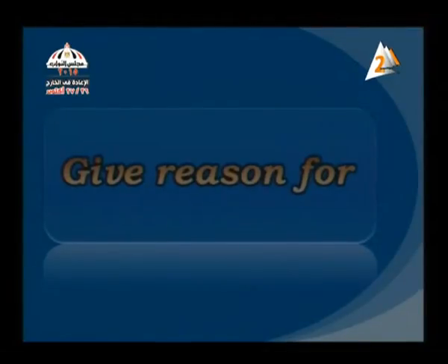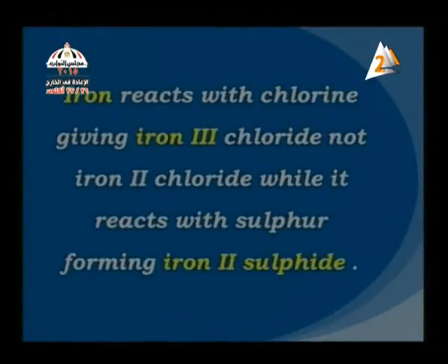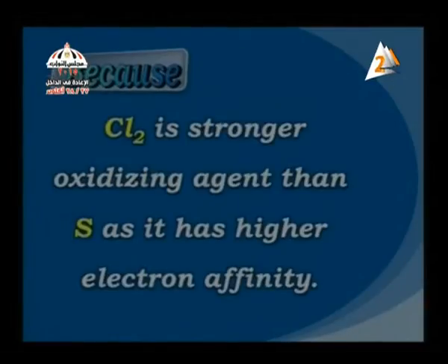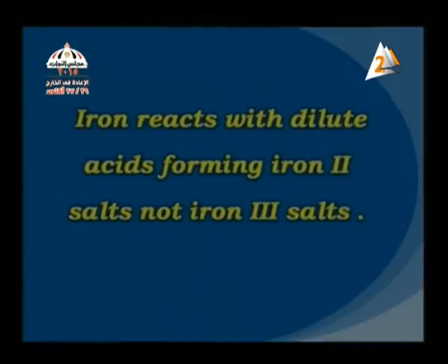The next type of question here is give reason for. Iron reacts with chlorine giving iron 3 chloride, not iron 2 chloride, while it reacts with sulfur forming iron 2 sulfide. The reason for that, because chlorine gas is stronger oxidizing agent than sulfur, as it has higher electron affinity. Next point,